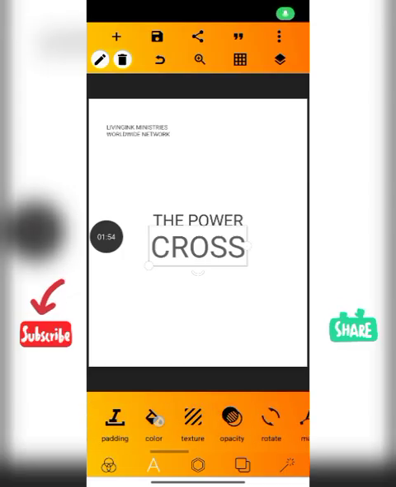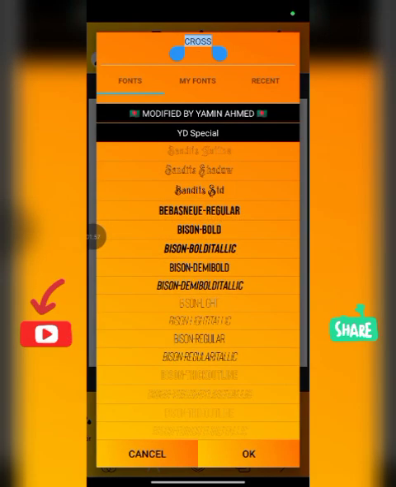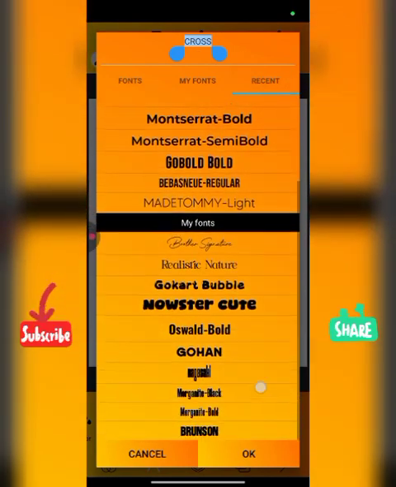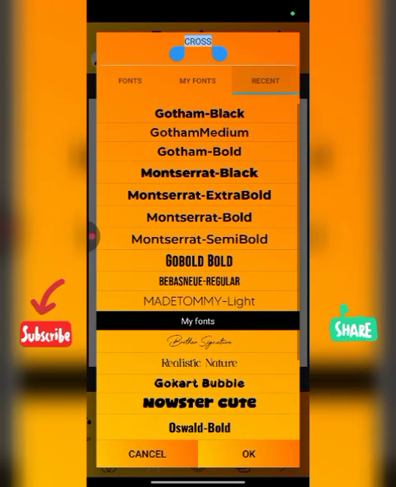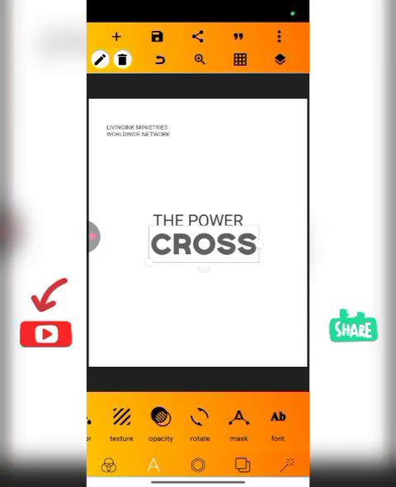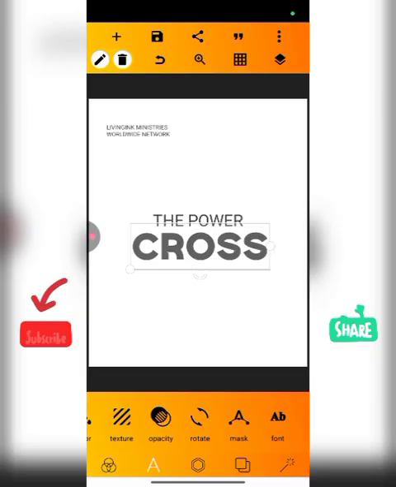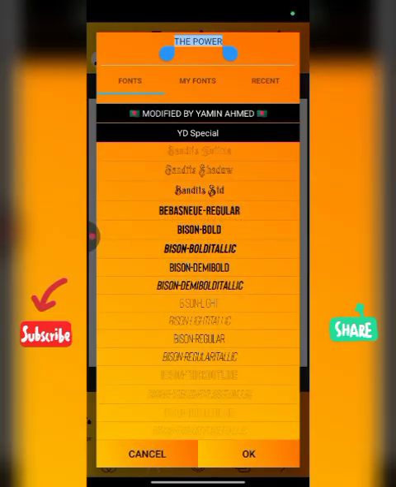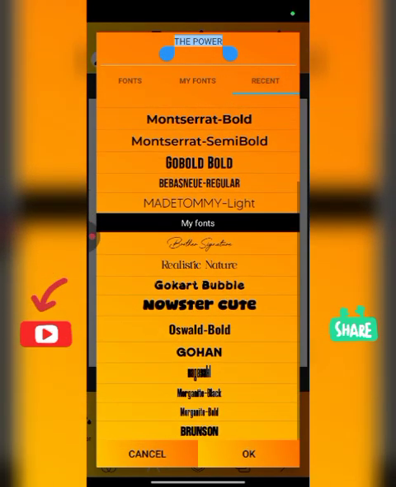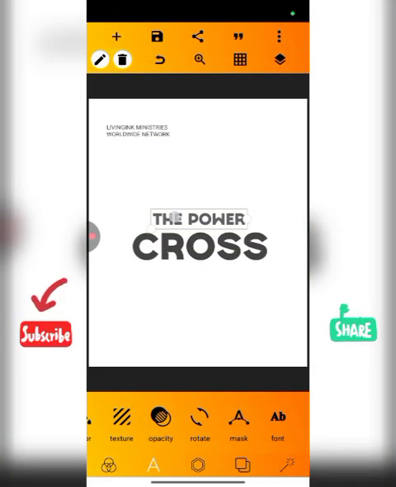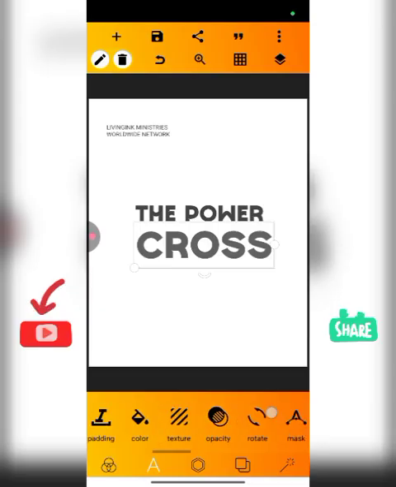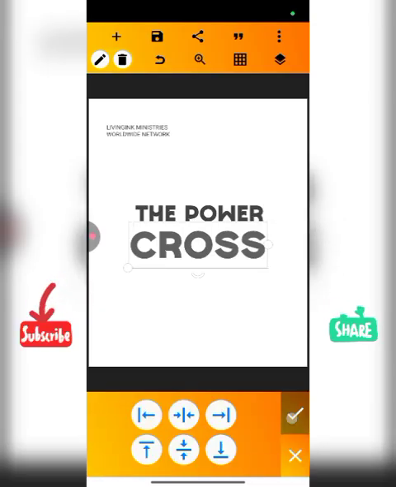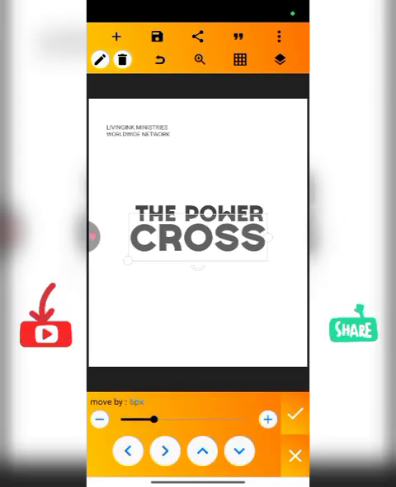Alright, so let's change the font I'm going to be using. Let's change the font. I'm still going to be using Goam. No, sorry. Goam. The power of the cross. So let's have it. Okay,